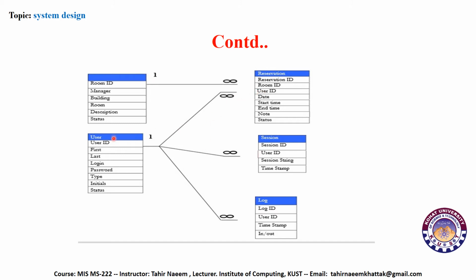So this user ID connects these four tables, while the room ID connects the reservation table with the room table. So whenever the reservation system is designed, the whole set of relationships is made sure to be interrelated, so that the transaction can be carried out.